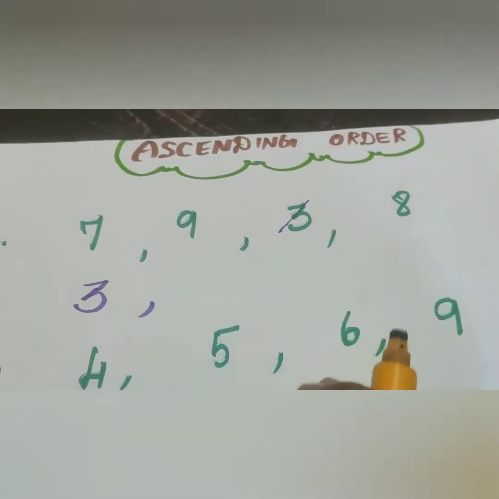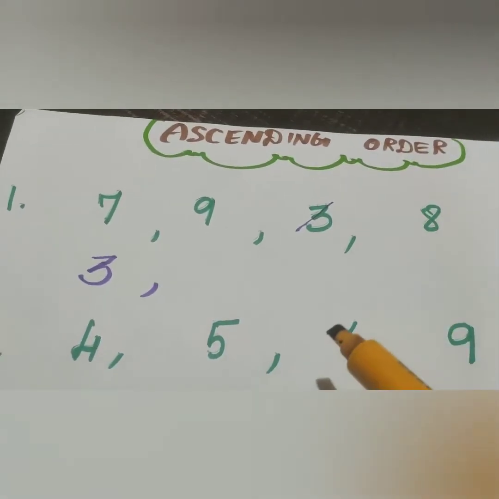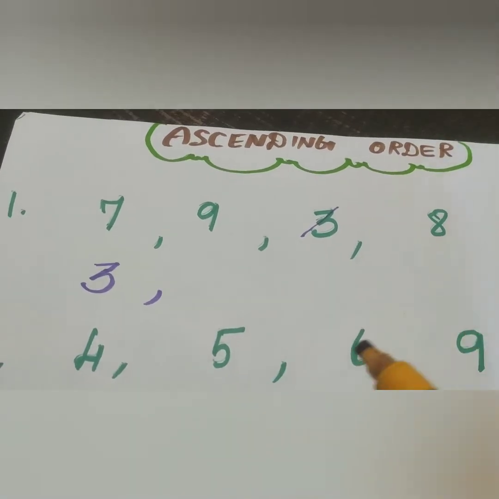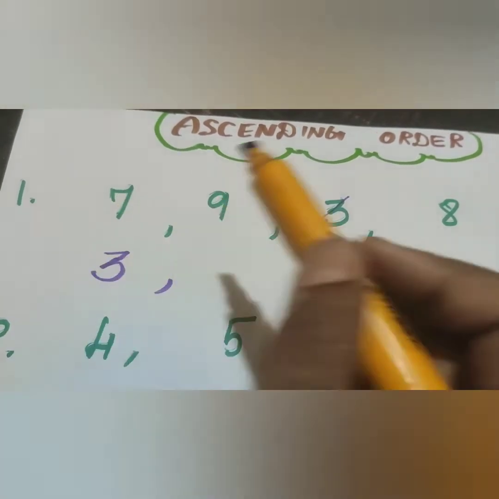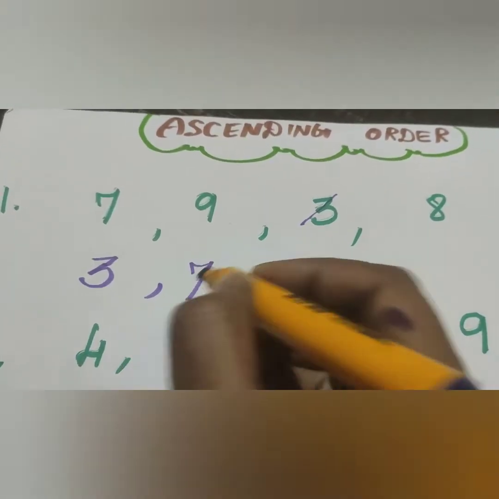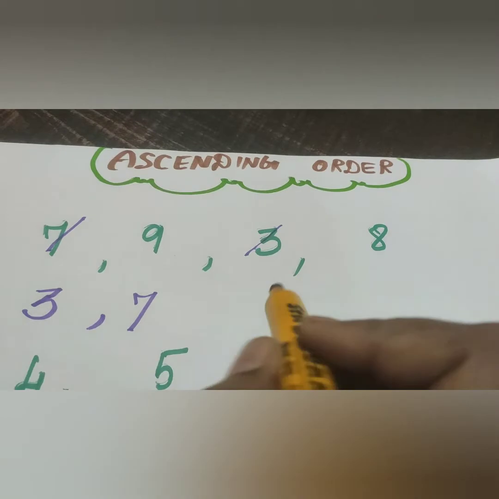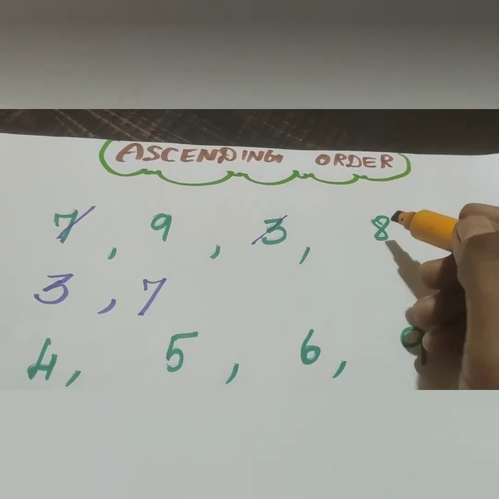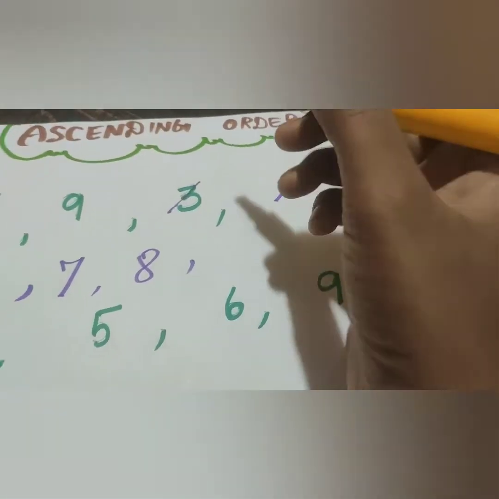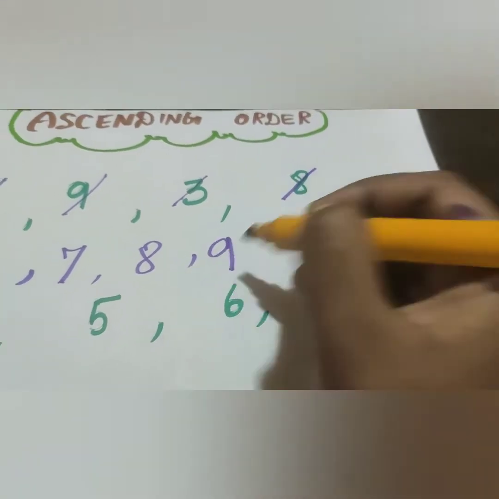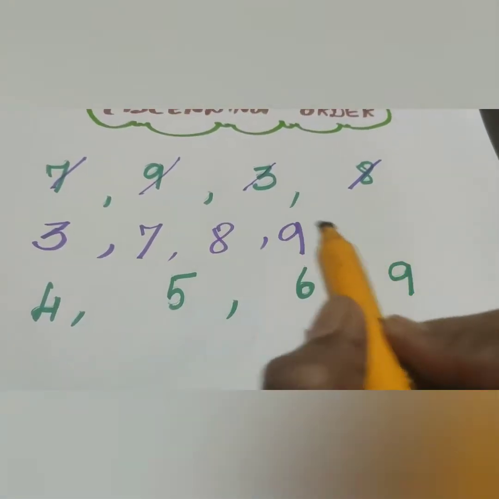Okay. So how many numbers are remaining? 7, 9 and 8. In these 3 numbers, we are going to find which is smaller. Is 9 smaller than 7 and 8? No. The 7 is the smaller one. So I am going to write 7 next. Before writing, you just cross it. Then the remaining 2 numbers, the 9 and 8. Which is smaller, 9 or 8? 8. So I have crossed it and then write 8. The last one, the 9 will also come. So this is the ascending order: 3, 7, 8, 9. The smaller number to bigger number have been arranged.